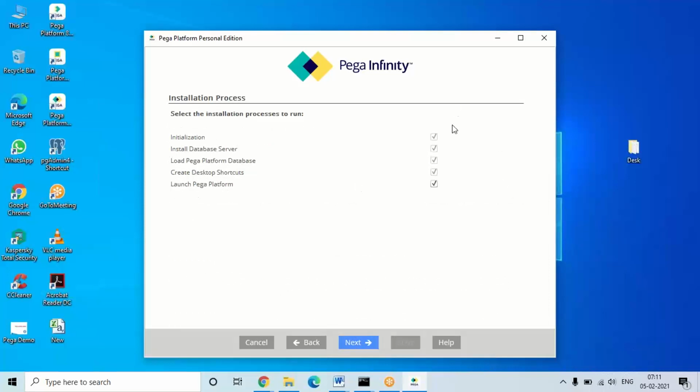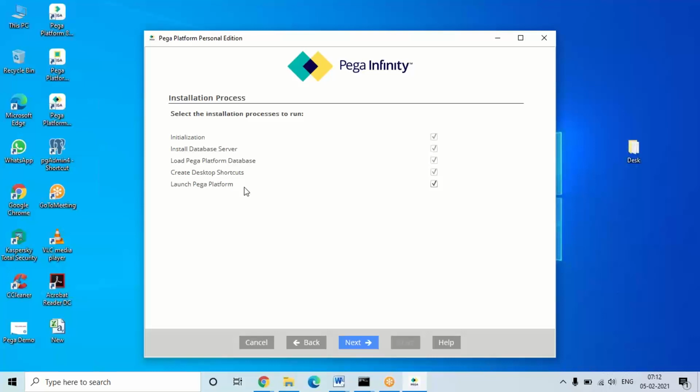All the options are selected, but what happens is first it will load all the files, install the server and Java, and then it will install the database, and it will create some desktop shortcuts. After the setup is completed, desktop shortcuts will be added, and finally it will launch this platform. The personal edition runs on an intranet server, so there is no need to connect to any external server.